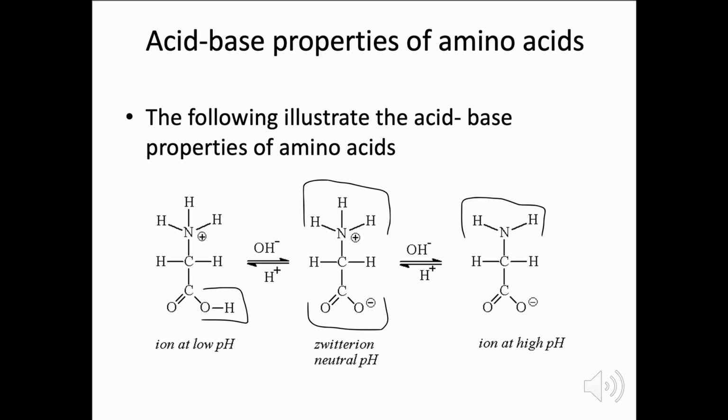So because they show both acidic and basic properties in solution, your COOH group reacts with your bases to form a metal salt. So acid and base react together to give you your salt and your water. Same thing's happening here. So your NH2 group will react with your acid to form your salt,